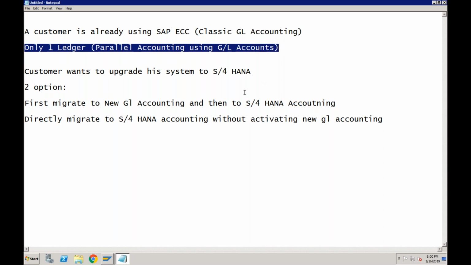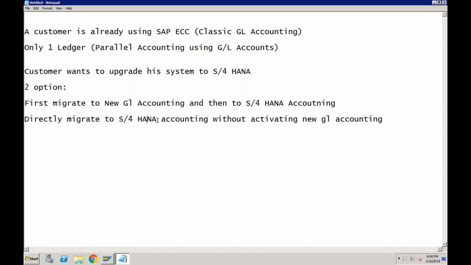So this option is for those customers who are directly planning to migrate to S/4HANA accounting. They don't want to first go to new GL accounting and then to S/4. They want to first go to SAP S/4HANA accounting and later decide whether they want to activate new GL accounting or not.